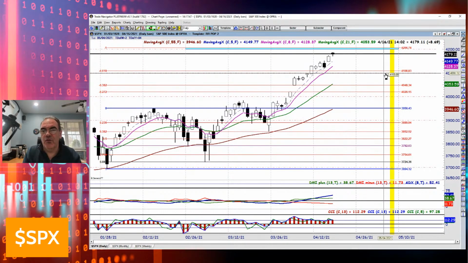So that's telling me already, caution, grasshopper, right? We may run into this and hesitate. Doesn't mean we're not going any higher, but it's a ceiling, and we just are bumping our head on that ceiling right now. And until we can get a clean break of it, there's a little bit of caution going on in there.